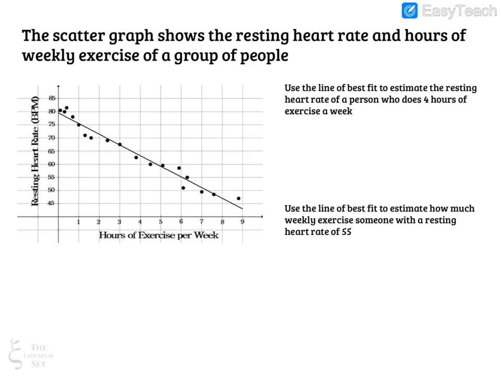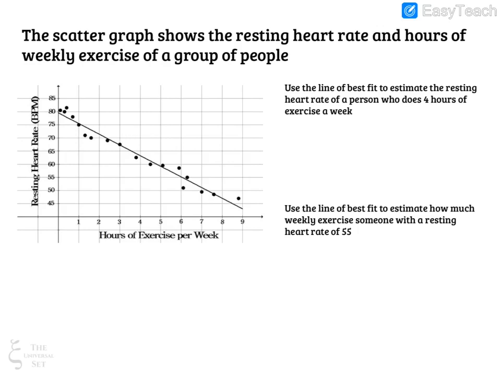Last example then. This scatter graph shows the resting heart rate and the hours of weekly exercise of a group of people. So here we've got their resting heart rates. Here we've got how much exercise they're doing in a week. And this first question is asking us to use the line of best fit to estimate the resting heart rate of a person who does 4 hours of exercise a week. So 4 hours of exercise a week, that's this bit down here. So I'm just going to